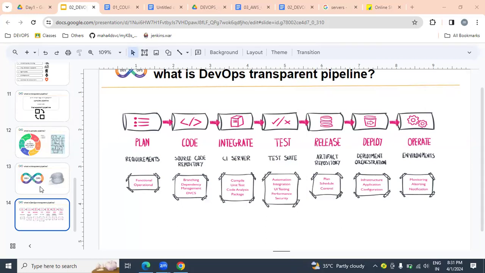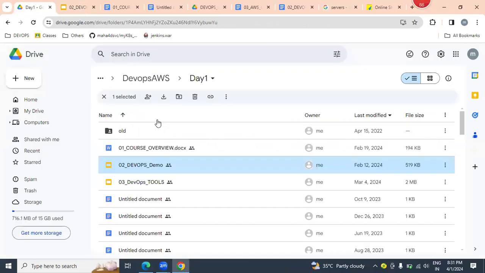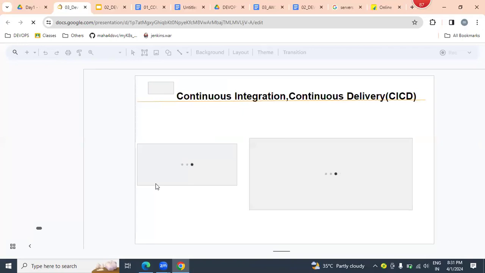Got it, very clear. But how exactly can we implement this DevOps process by using some tool stack? Which tool stack are we going to use? Let it be listed down. We are going to use a list of tools. Which are all the tools, please?